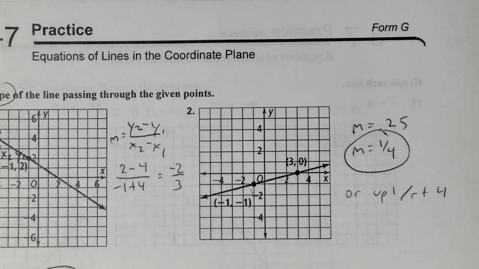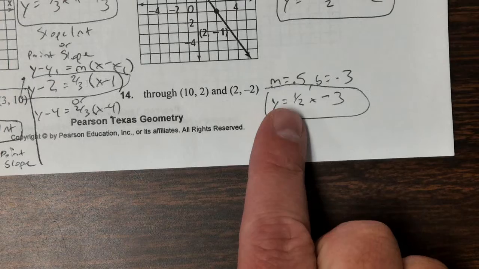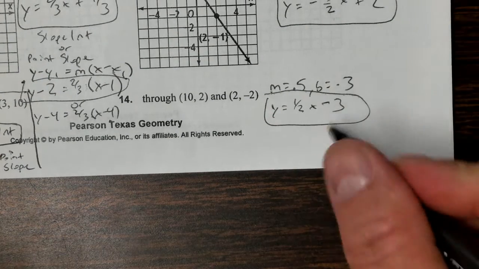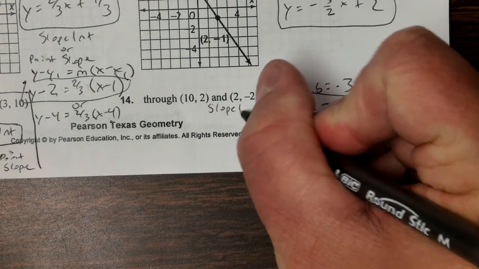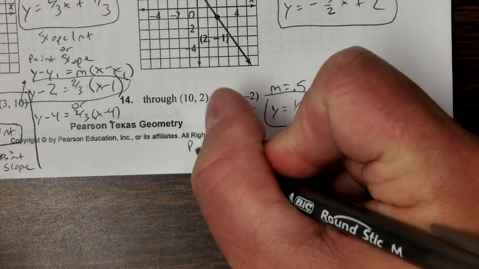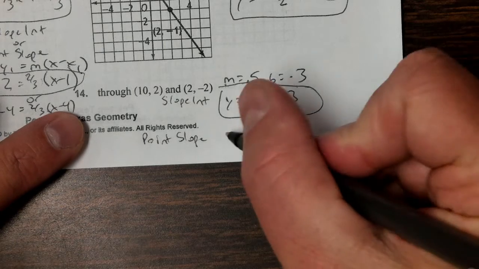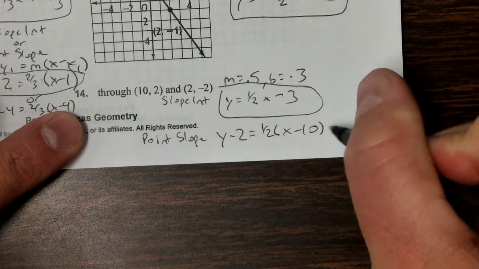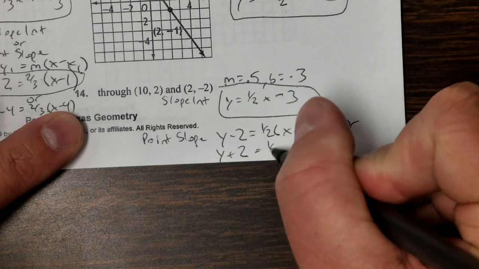Okay, so now we are finishing up the 3-7 practice Form G. We've done most of the front side, and we even did this form of it. So that form is the slope-intercept form. The point-slope form would either be y minus 2 equal 1/2 x minus 10, or y plus 2 equal 1/2